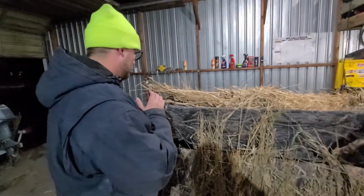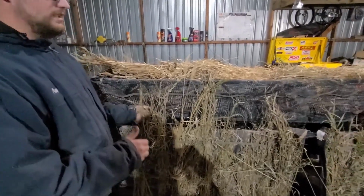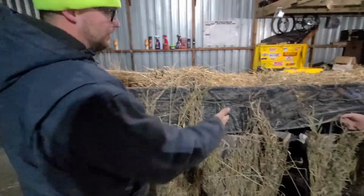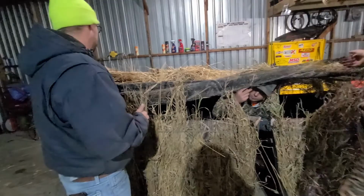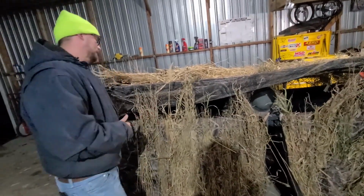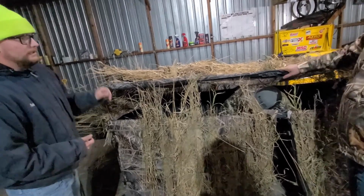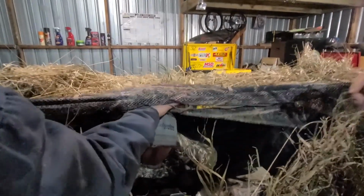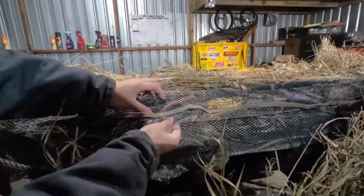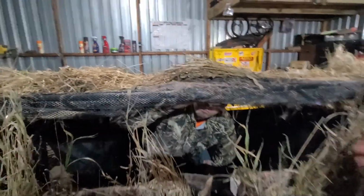Yeah, another big thing. As much as this is awesome, it also really sucks in the very first morning light, because trying to look through this and see your ducks as they're coming into the spread is tough. There's a few different methods of how you can fix that. If you want to just zip tie this part up, you could. What I found was the most effective was these pins here. I just flipped it up and stuck a pin through this mesh netting and into here. And that held it up enough to where...